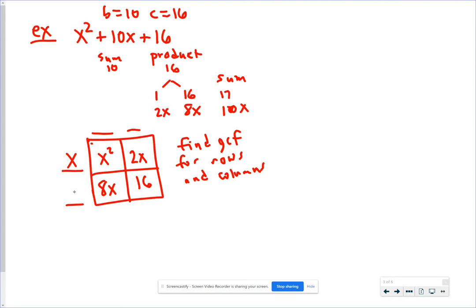Second row, 8x and 16, GCF is 8. First column, GCF is x. Second column, GCF is 2. That gives me my factorization, because what I have is x times x creating x squared. I have a 2 times an x. I have an 8 times an x, and I have an 8 times a 2. And that's how